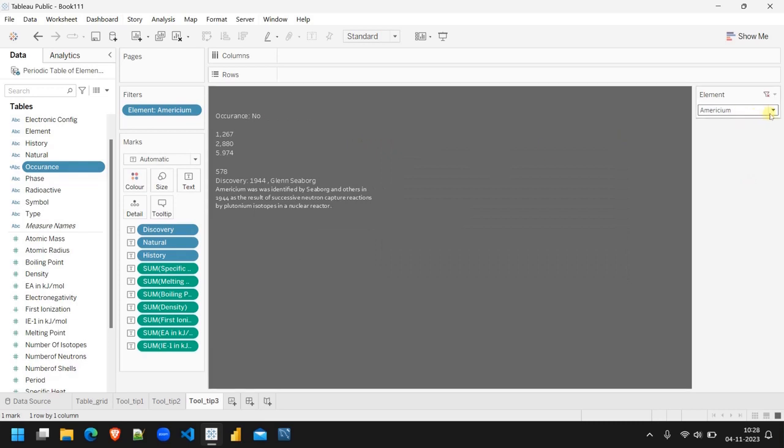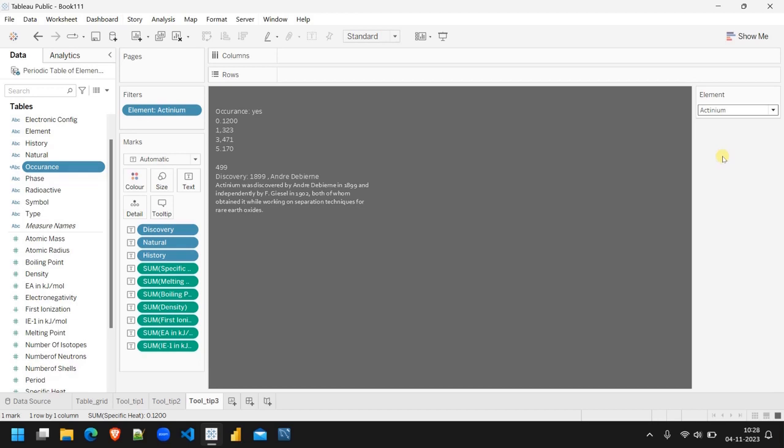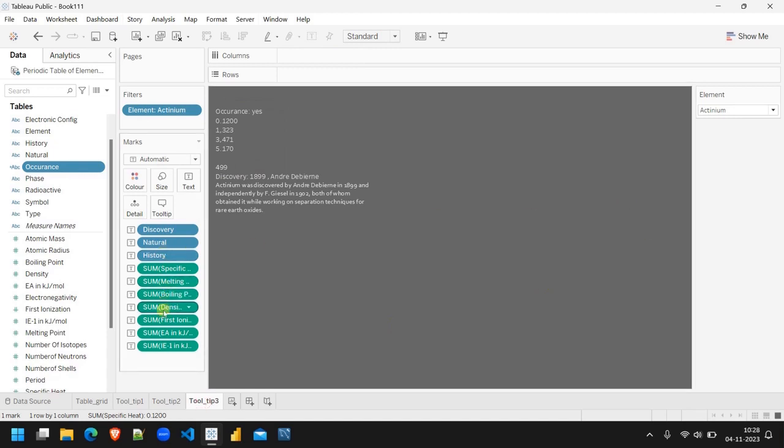Which element is Actinium? Actinium is naturally occurring. Oh, we have to change the field. We have to change the field because in these two tooltips we modified the existing column, but in here we created a new column, so we need to change this. Okay, so where is this natural? Remove it, and we put in occurrence,